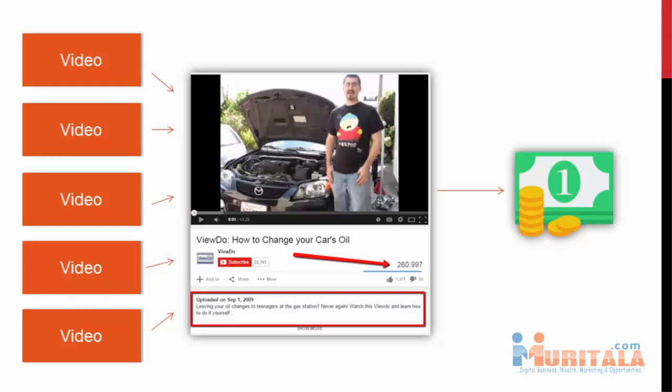All right, so when we come to them and offer them some money to put a link in their description, it's usually a no-brainer for them because they're like, hey, awesome. Yes, I will accept your money just to put a link in my description. Absolutely no problem. Okay, so they're going to put a link in the description and it's a win-win situation.